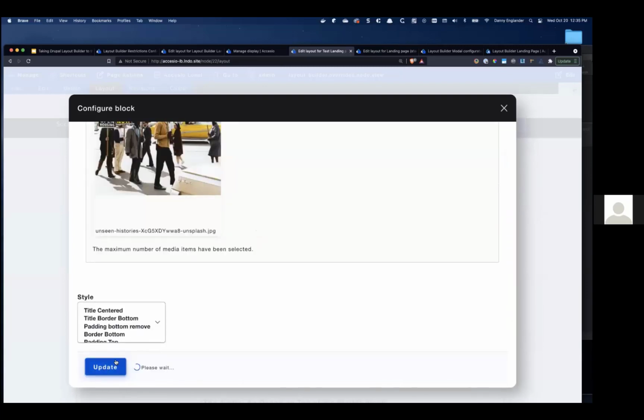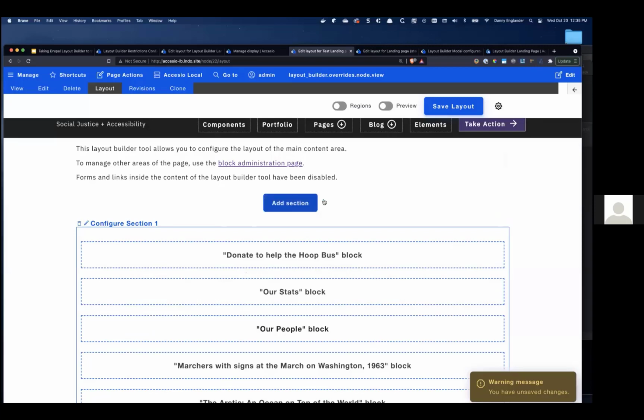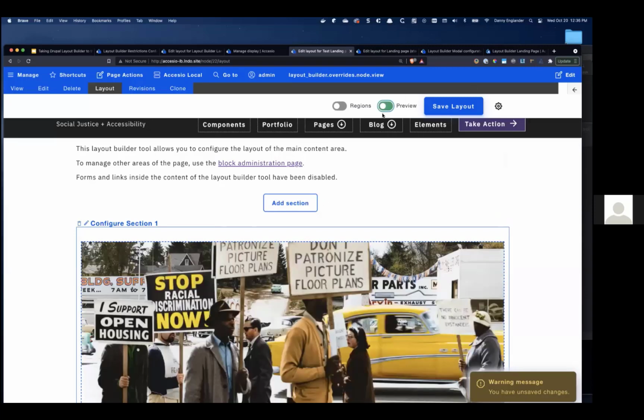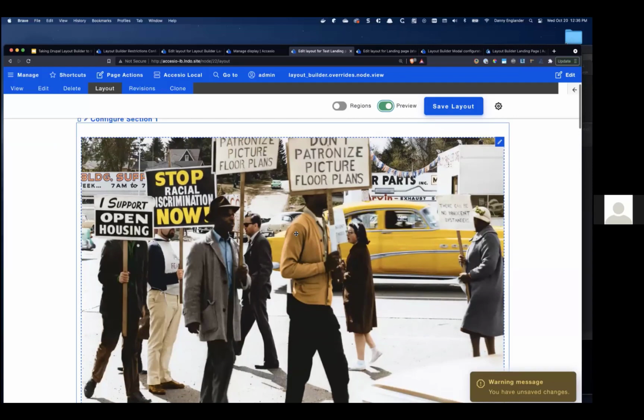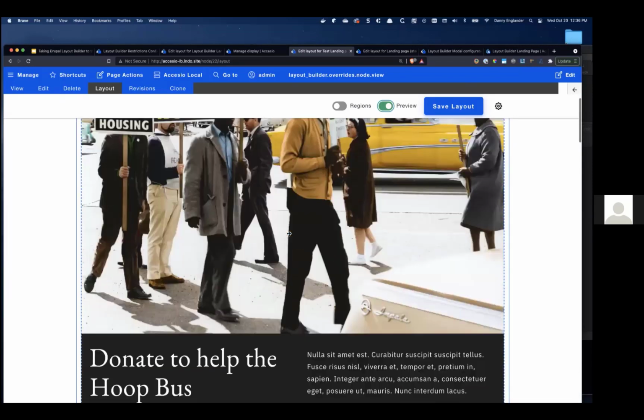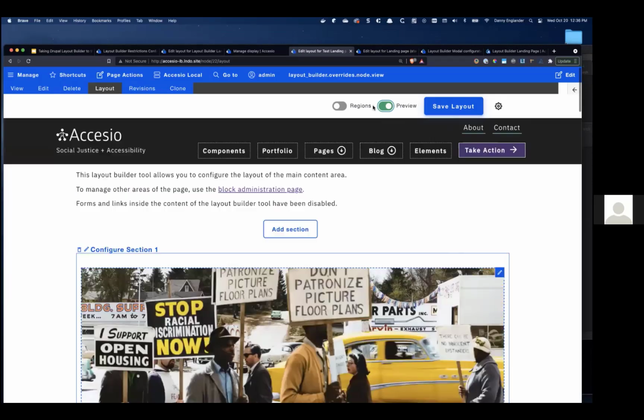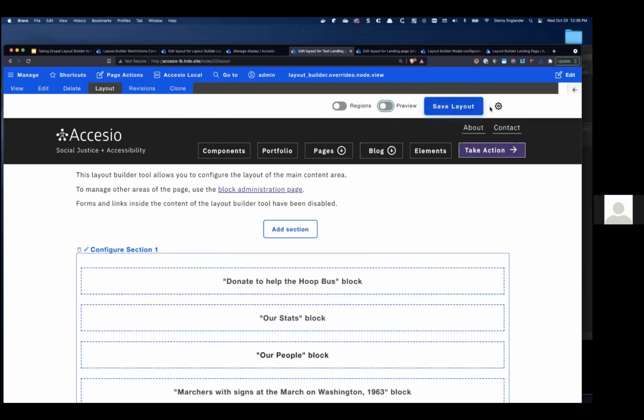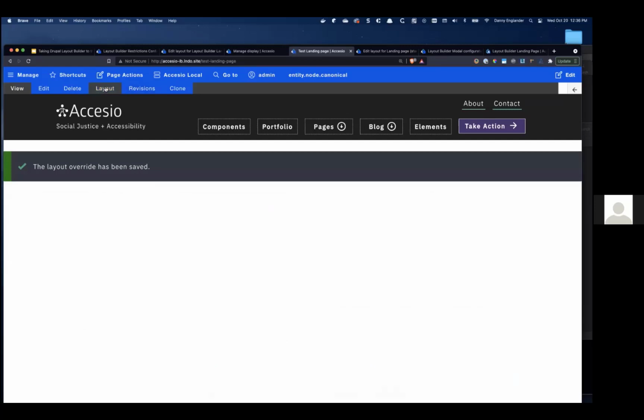So I'm going to update this. And now we can preview. Note that I didn't need to save it, but we now see our new image there. So even with the preview, I could save this. And if I go back to the layout,